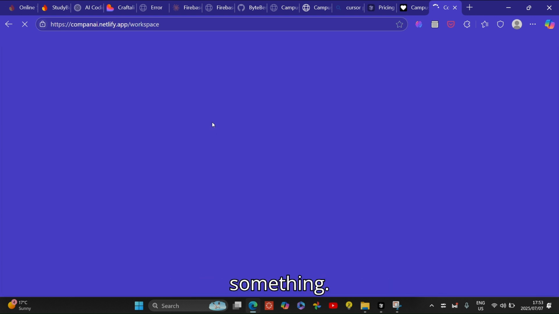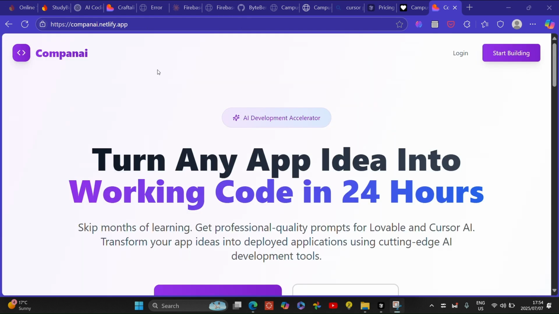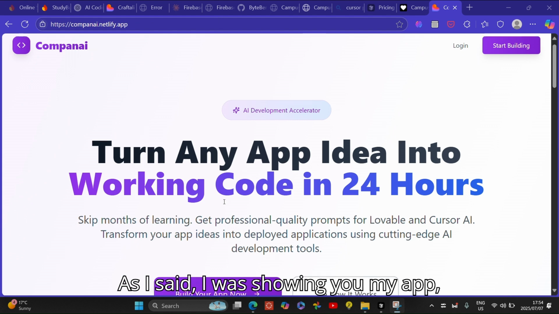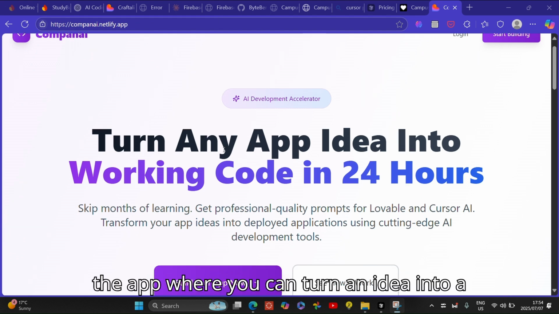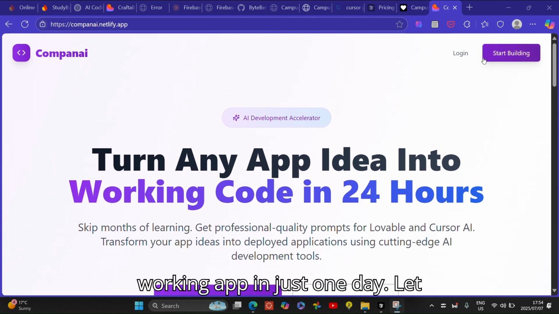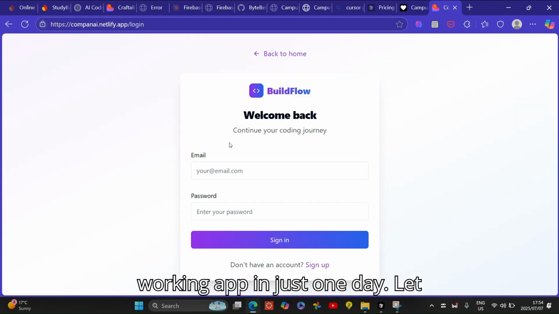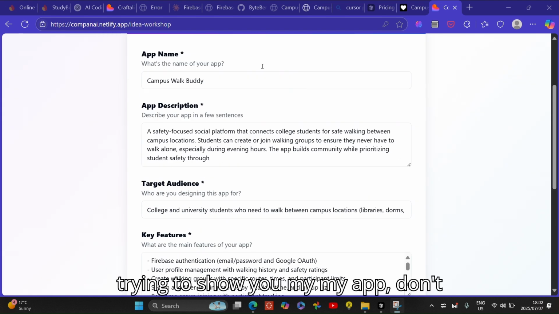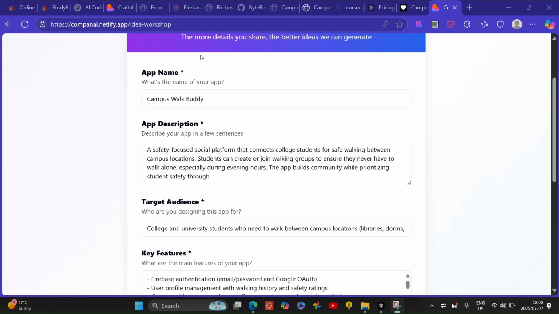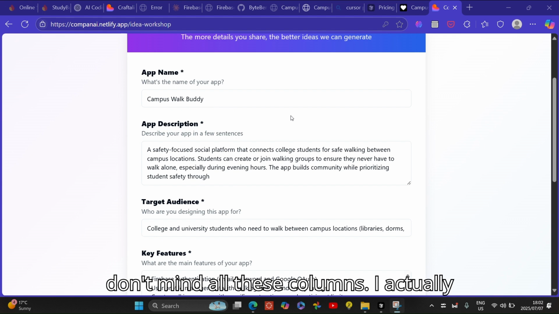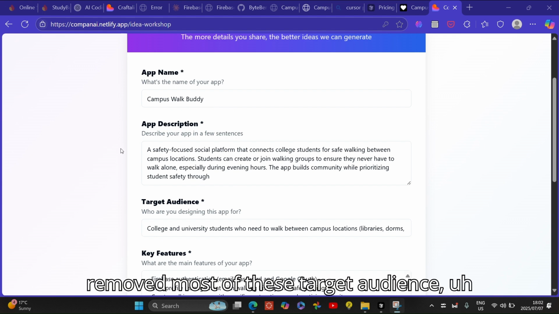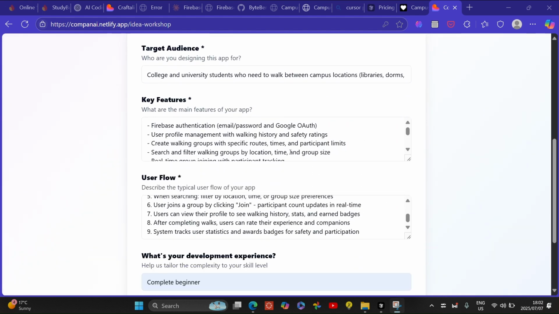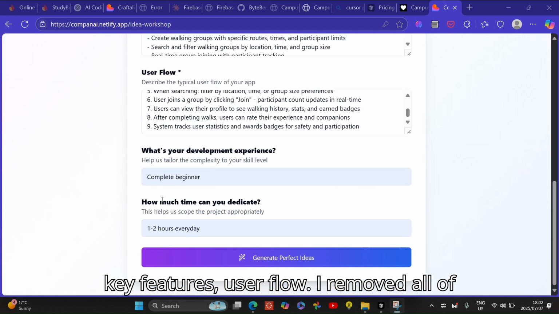Let me see something. It's still loading. As I said, I was showing you my app, the app where you can turn an idea into a working app in just one day. Oh yes, as I was trying to show you my app. Don't mind all these columns. I actually removed most of these: target audience, key features, user flow. I removed all of these so that